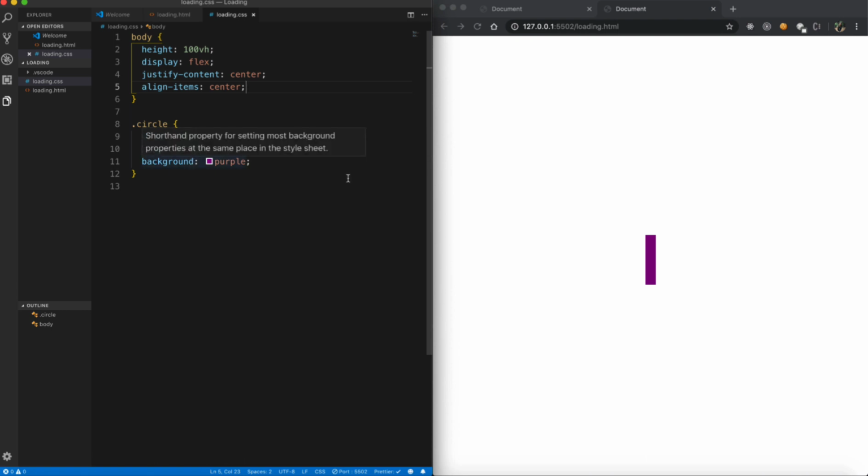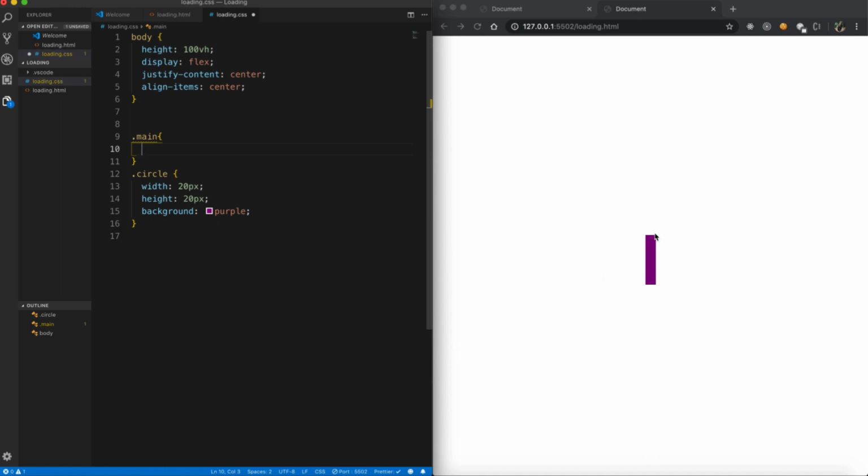The next thing we want to do is we want this to be in a row fashion, right? So this body is for the entire screen. Now we are talking about these particular divs, right? So basically the main div, which actually encloses all of these together. So again, to that I need to give it display flex and everything. So when I give it display flex, by default the direction is this one, right? So it's going to turn it into row right now, and we have the other things as it is.